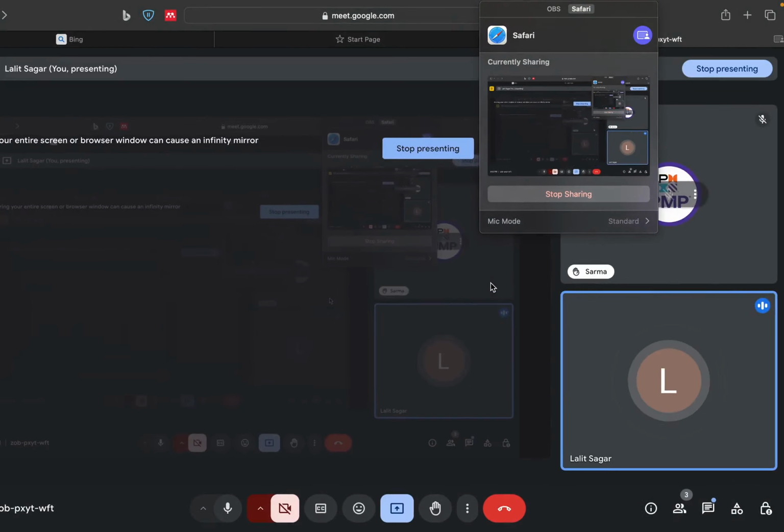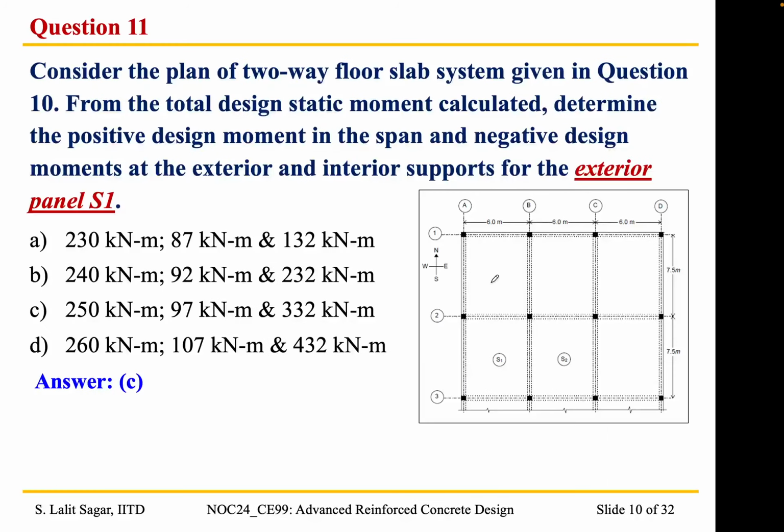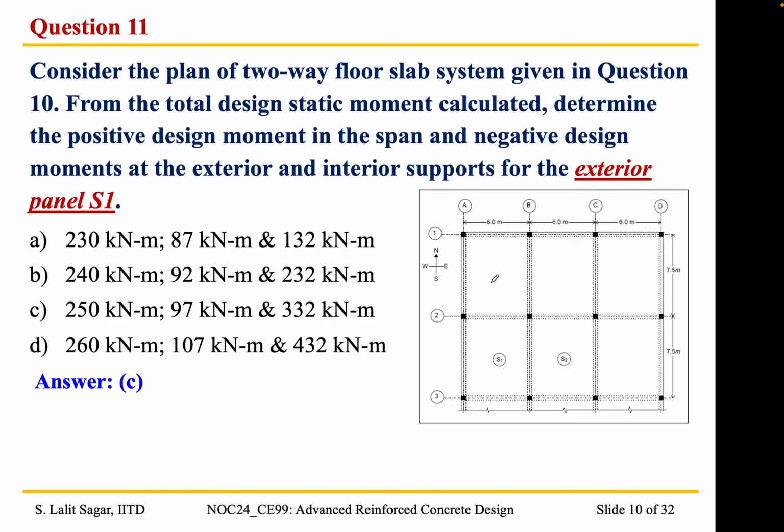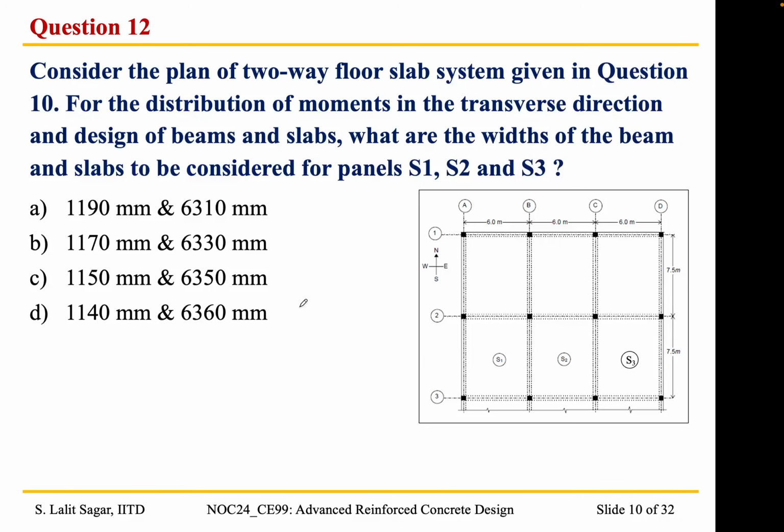Okay, so we will continue with the problem. So I got the value of the positive design moment in the span, that is 250, and the negative moment at the exterior support is 97, negative moment at the interior support is 332 kilonewton meter. Okay, so moving on,